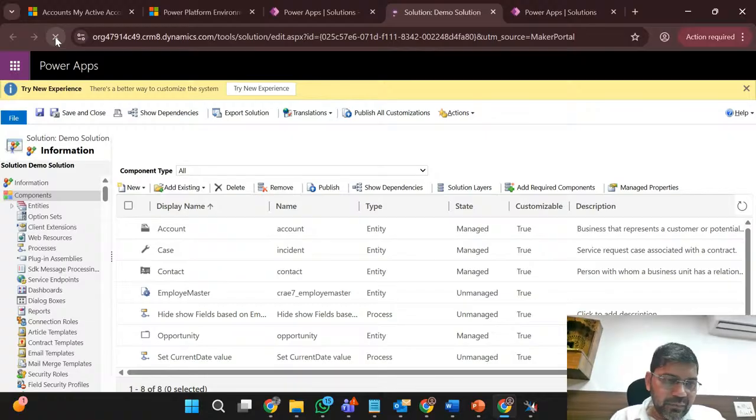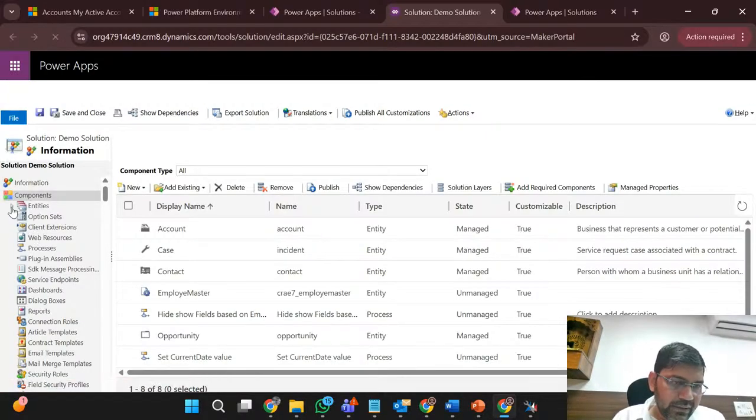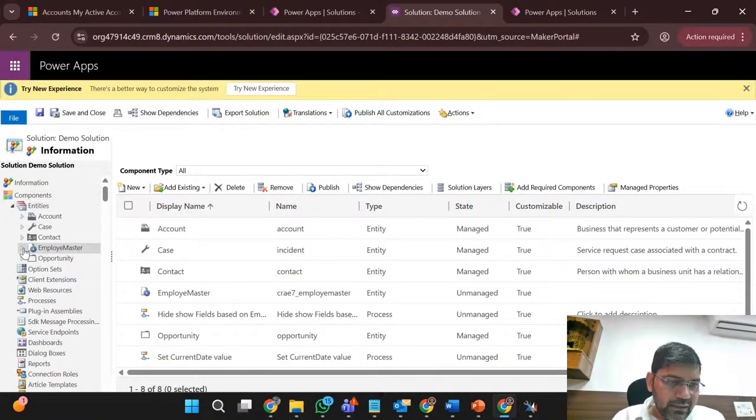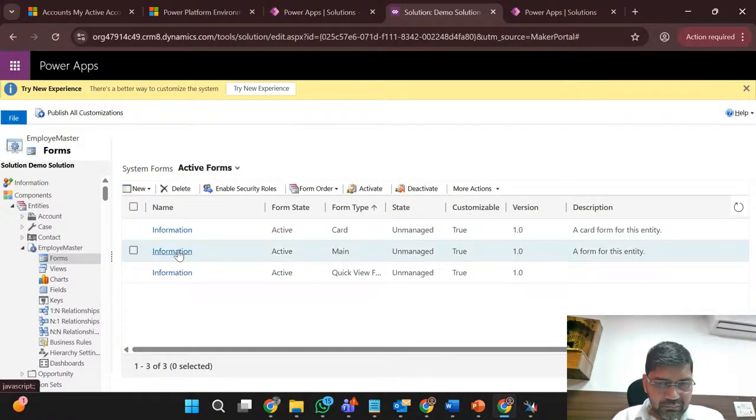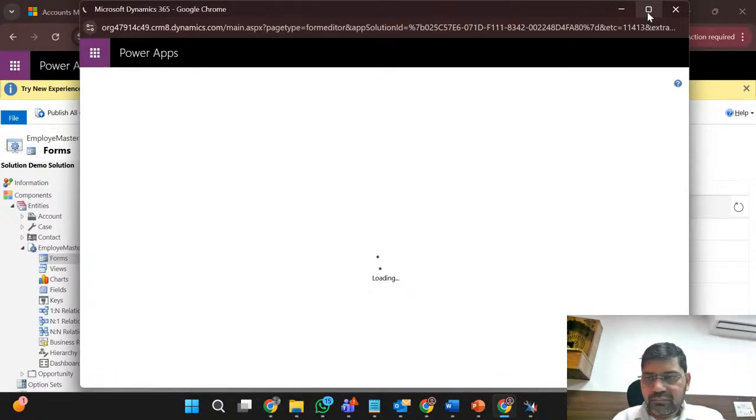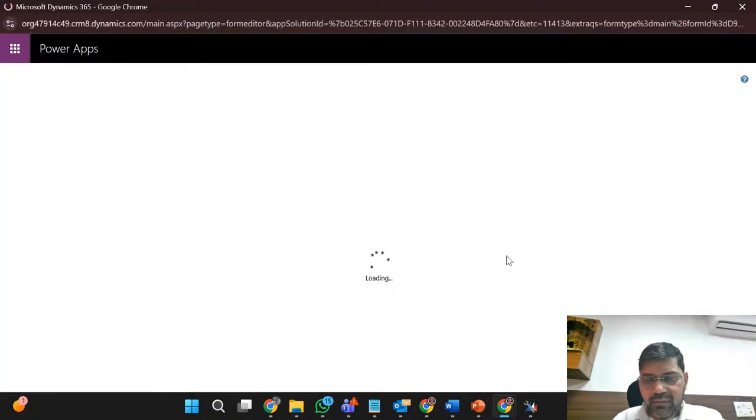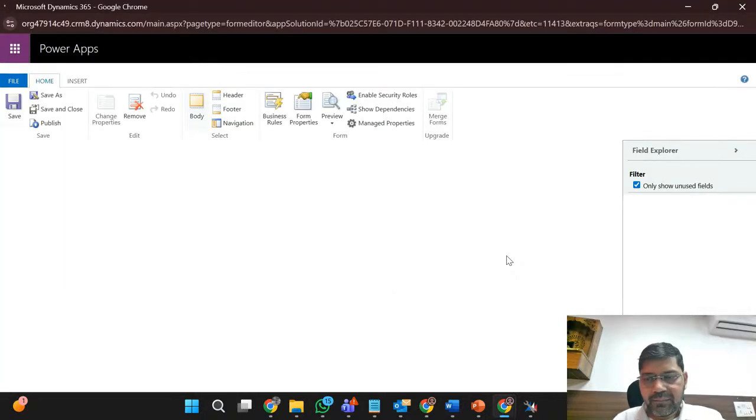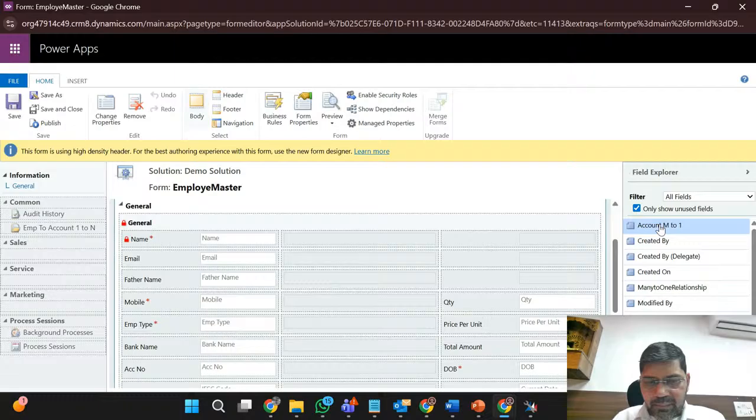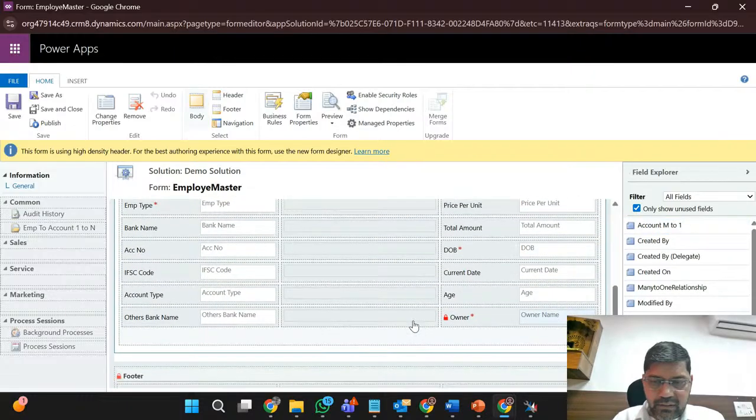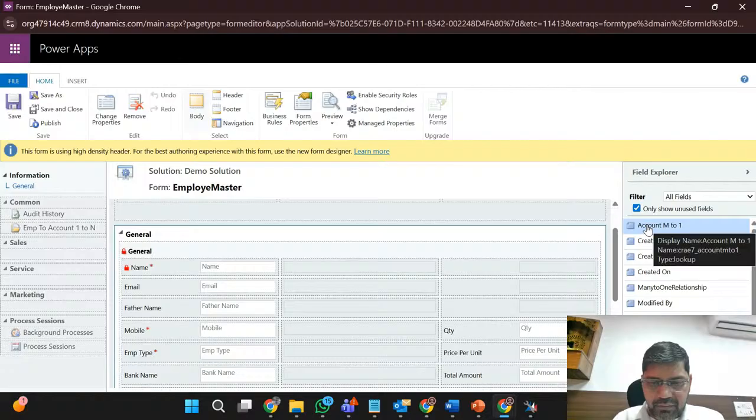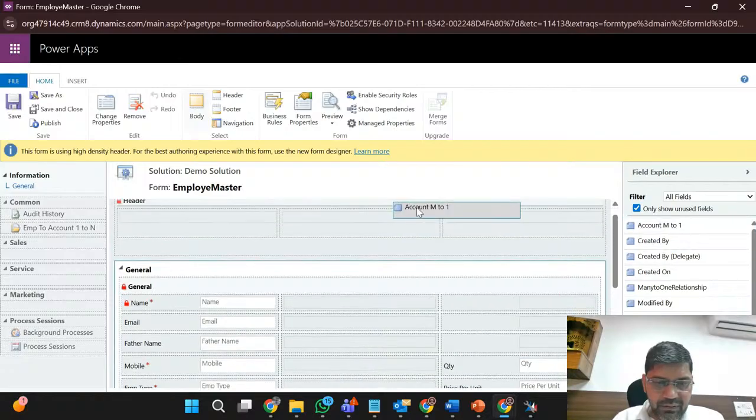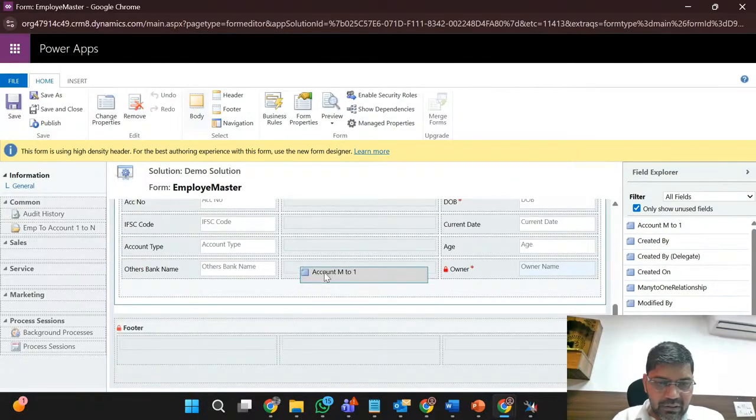At the form level, let's display that information maybe in the employee master. At the form level, this particular field we have created, and I want to display that information here maybe. Okay,